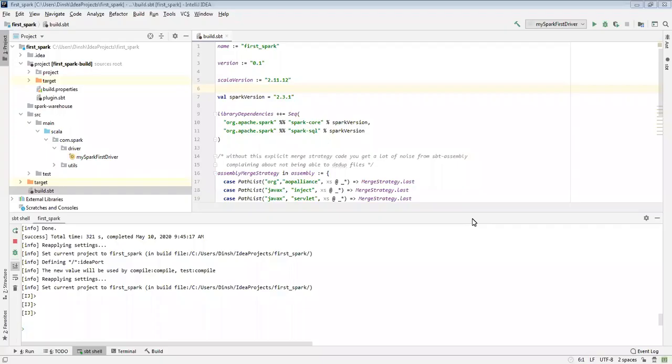Any questions about this Maven and SBT? Whenever you go to an interview, the first question they may ask is what repository you have used in your project. You should not get confused about whether Maven or SBT. If it is SBT, go with SBT. If you have very strong knowledge of SBT, for example, if you understand it very easily, go with SBT and say that you used the SBT repository. But you should know the difference from Maven: when we use the Maven repository, how your project structure will be, and when we use the SBT repository, how your project structure will be. You should have that knowledge. Any question on understanding Maven and SBT?